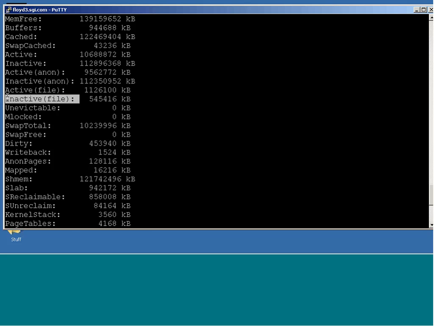And when I do a memory trim, I take care of the slab first, then I go to the inactive anon, then the inactive file, then the inactive anon, then the active file, then the active anon, and then